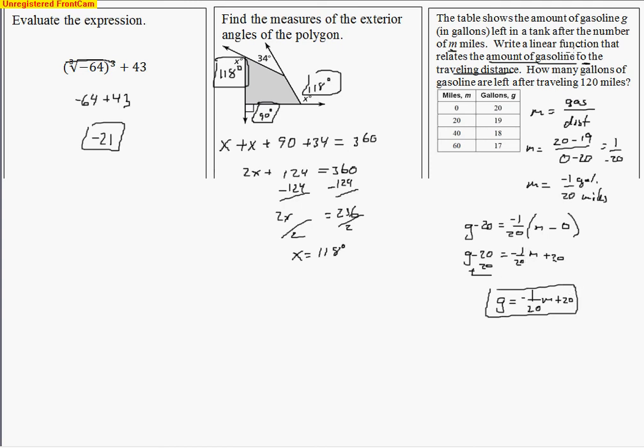Now it says how many gallons of gasoline are left after traveling 120 miles. So m stands for the number of miles. So let's go ahead and plug in that 120 there and add the 20 and find out how many gallons of gasoline are left. And so we're going to go ahead and do some division here. 12 divided by 2 goes 6 times, and the zeros cancel out. So that's negative 6 plus 20 makes 14. So 14 gallons are left after we travel that